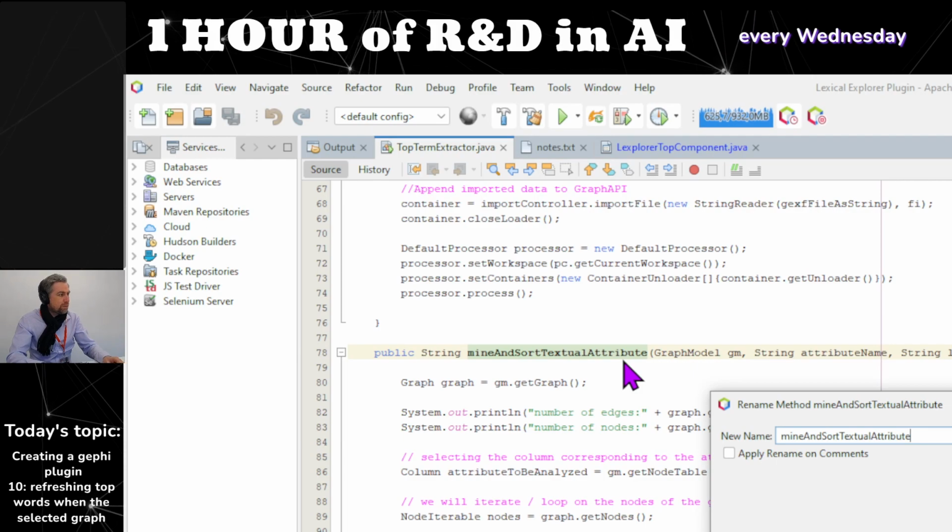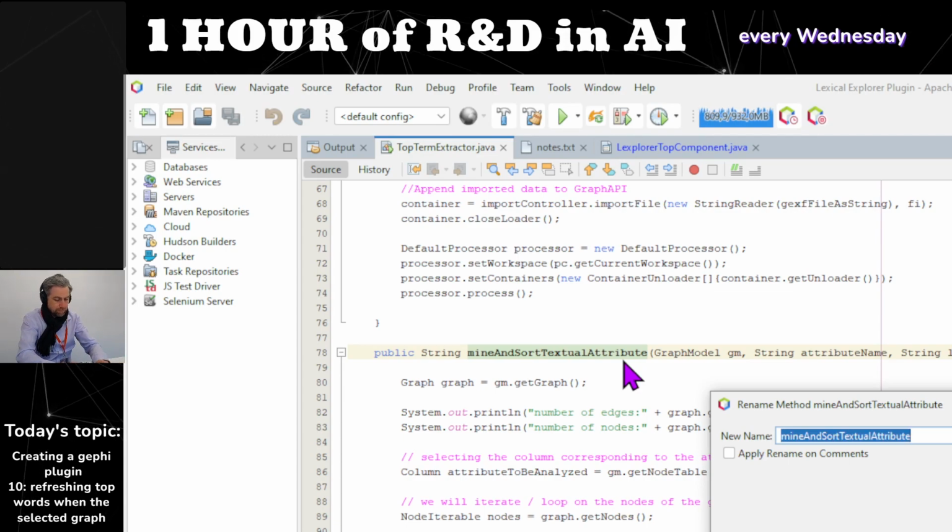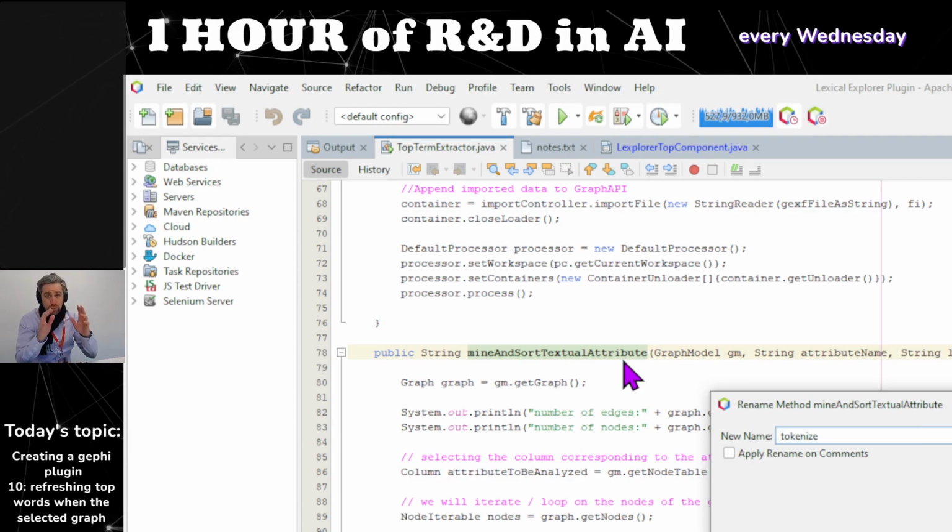Let's refactor the name of this method because we have changed it last week, and it does something slightly different from what it says here. So it's not just mine and sort textual attribute, it's actually tokenize, split a text into words. So tokenize